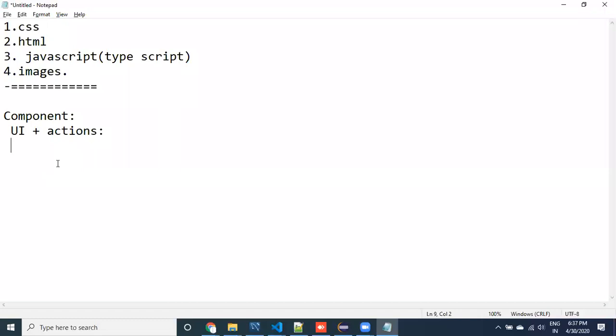When we have so many components in our application, managing the components itself is difficult. That's why we are going to divide into modules first. Each module contains multiple components. One application contains multiple modules.